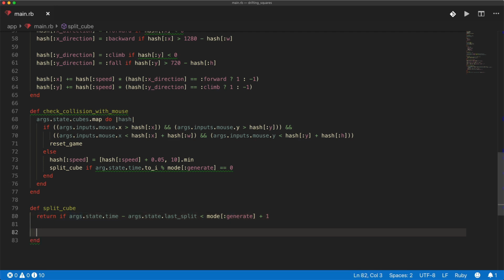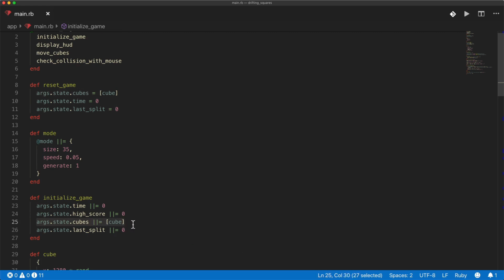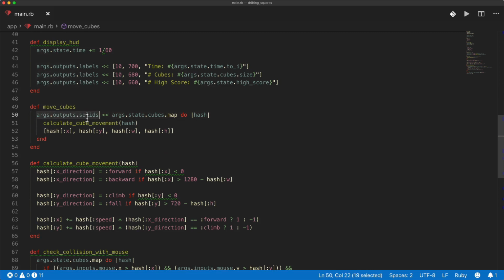And to create a new cube, all we have to do is take our args.state.cubes, and we just need to inject into this another cube. So if you remember, this cubes is something that we set at the beginning of the game with just one cube. And then in the moveCubes method, what we're actually putting out onto the screen 60 times a second is our array of cubes. So if we want to put an additional cube on the screen, all we have to do is then inject into our solids an additional cube, and we're able to do that because this cubes variable